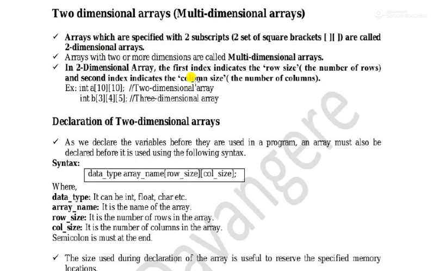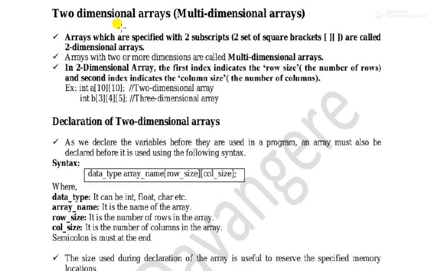In a one-dimensional array we attach only one square bracket. Why? Because it has only one dimension, so we only mention the size of the linear array. But now we have two dimensions, so we need to represent both the x-axis and the y-axis. That's why for two-dimensional arrays we need to attach two square brackets. The first square brackets represent the number of rows and the second represent the number of columns.